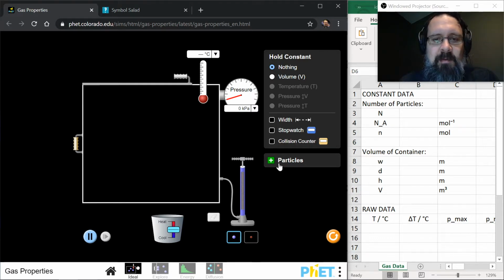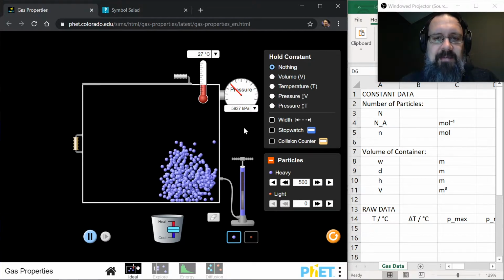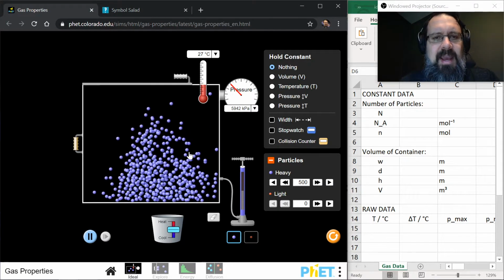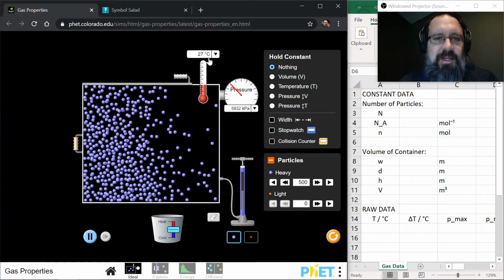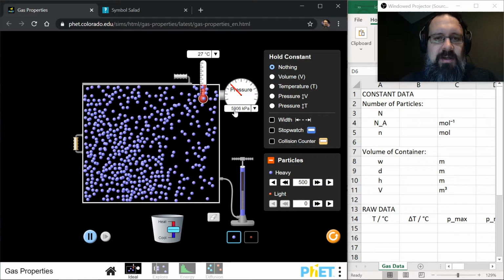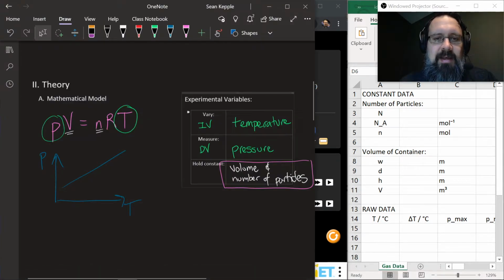In this experiment, what you're going to be doing is adding some particles to the container. I'm going to pick 500 just because it's sort of in the middle. And then the particles will start to fill out through the container, and then we'll be able to read off the temperature and then read off the pressure. Remember, in this experiment, we're varying the temperature and then measuring the pressure in an attempt to create a linear